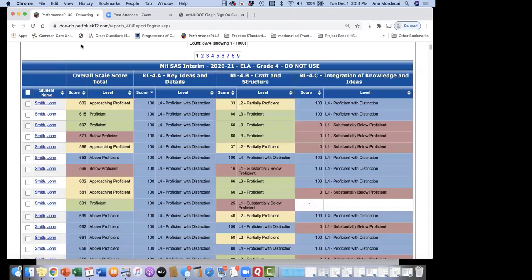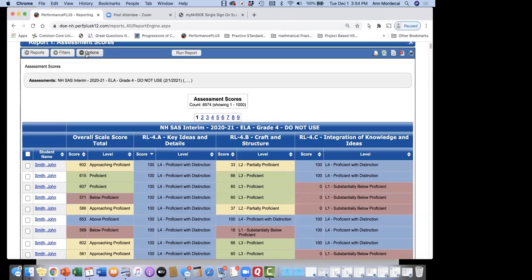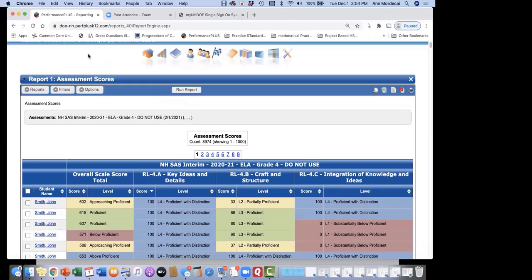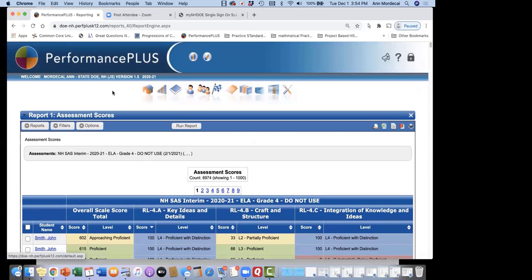I guess I don't have a lot more to say about this. If somebody wants a specific report, like you want to compare two things, one thing that's always useful is to compare how a student did one year versus the year before. If anybody wants to see something like that, please put in the question box anything that you would like to see, and I'll try and do it